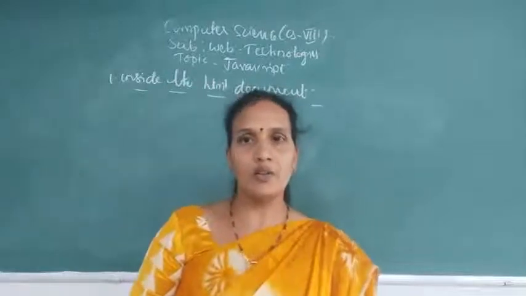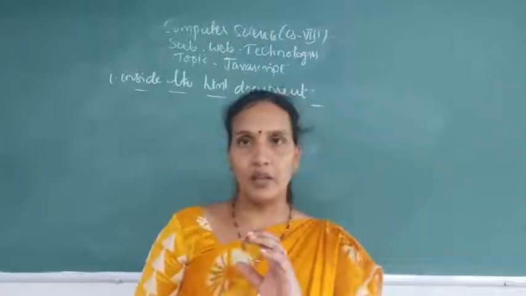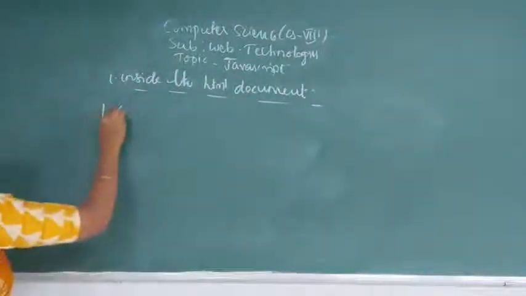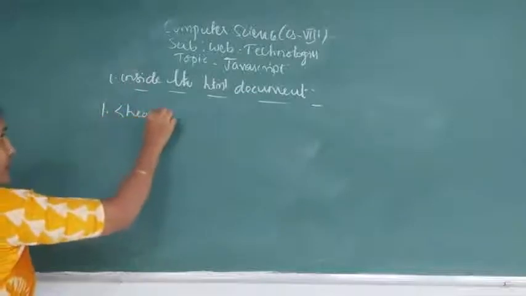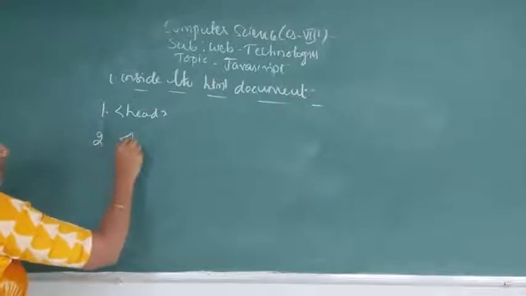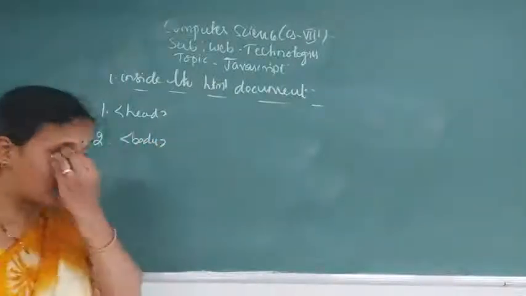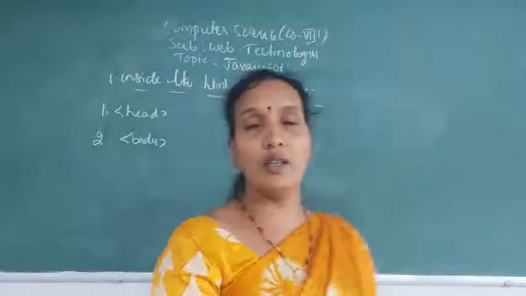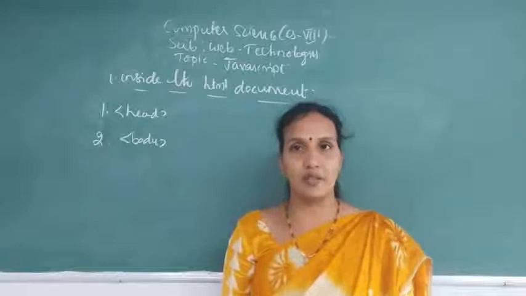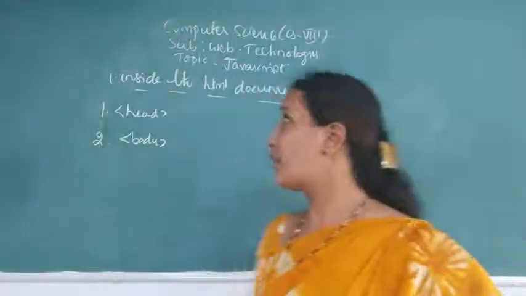Using the two methods you can include JavaScript inside HTML. In that, the first method is you can include JavaScript code inside the HTML document, inside the head section. The second one is inside the body section. So the first method is using inside the head tag only you can include. And the second one is using the body tag. Inside the body tag you can include the JavaScript code. Okay. Now come to the first method,